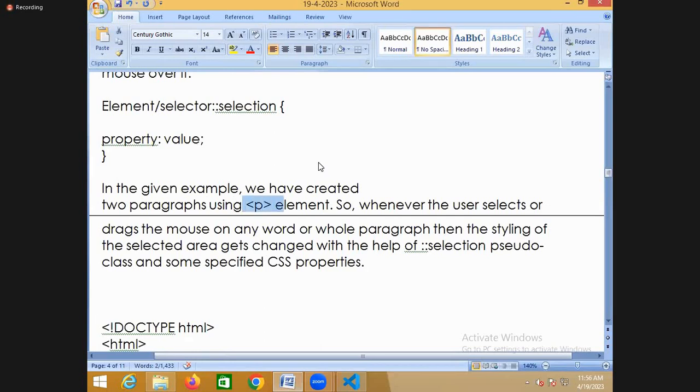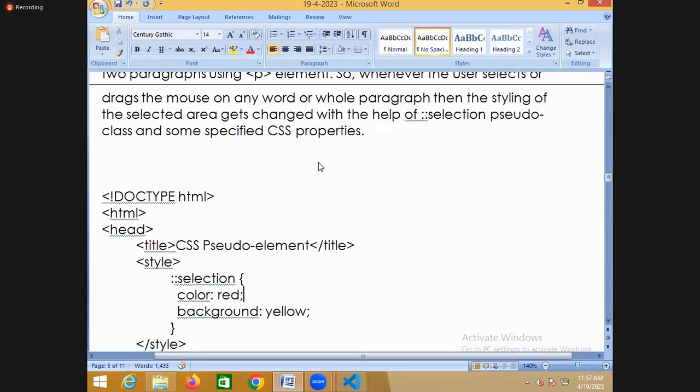Now in this example, there is one paragraph. Paragraph element is there. So whenever the user selects or drags the mouse on any word or the whole paragraph, then the style of the selected area gets changed with the help of which one? Selection pseudo class or pseudo element. For example, there is a selection here. Whenever you select, there is a selection,